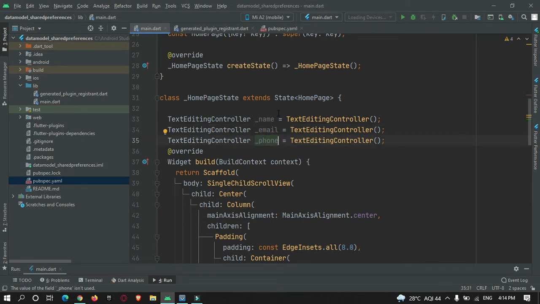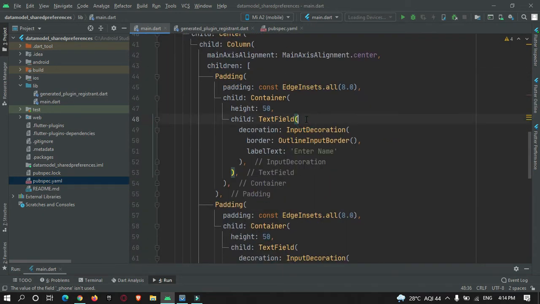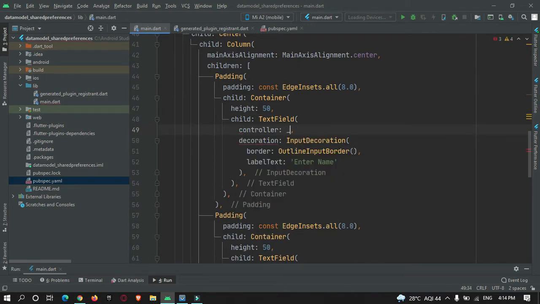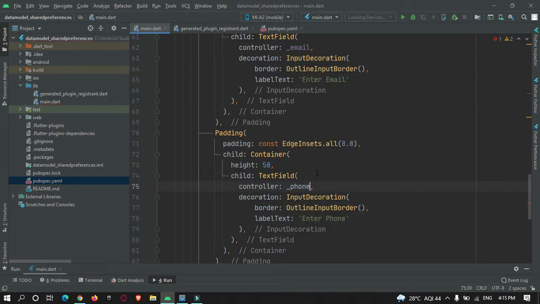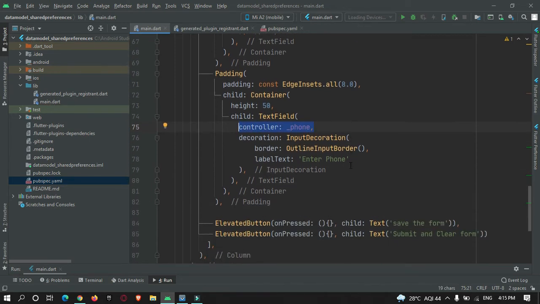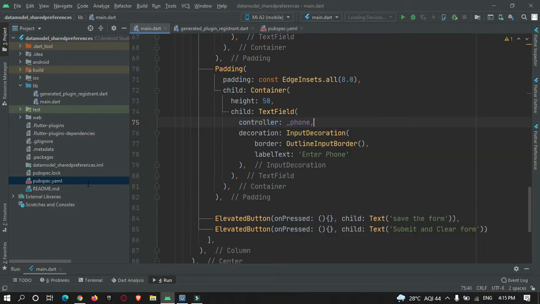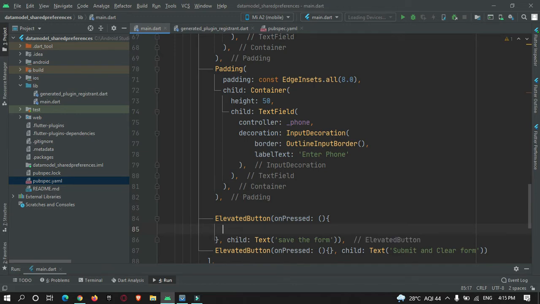Now let's attach these controllers to our text fields. The controller is basically used to get the text that has been entered by a user in the text field. Now let's print the data when the user presses the save button, just for testing.